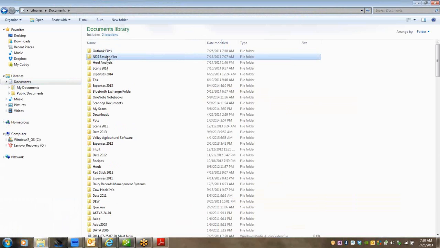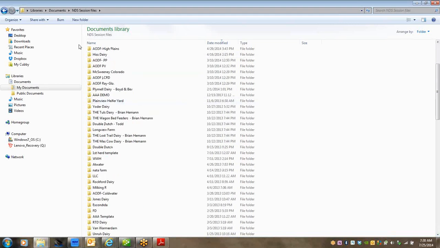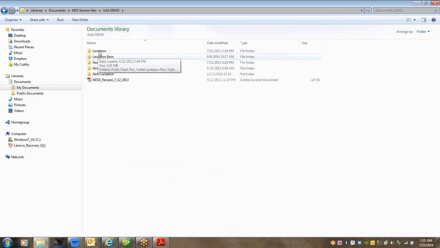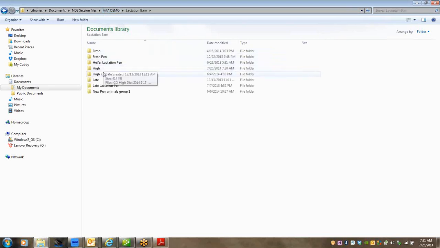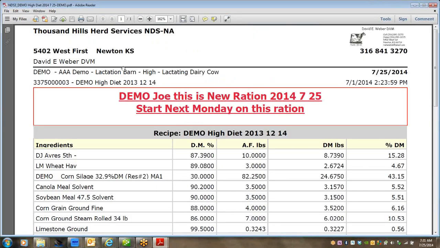As we were looking around at the external file functions in my demo dairy, that would now be inside of the demo library. Now, let me just find that real quick. It would be under this demo, I believe. Make sure I got the... and there is the diet that we saved. There's my high cow demo 2014-725. That's a report that we sent to him,